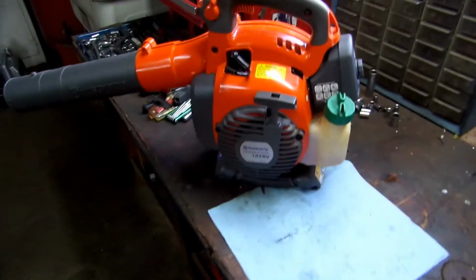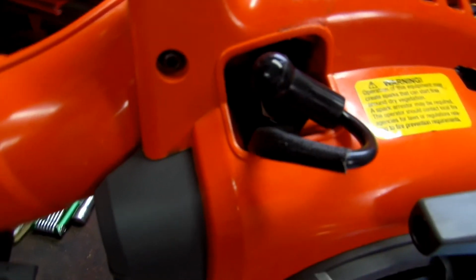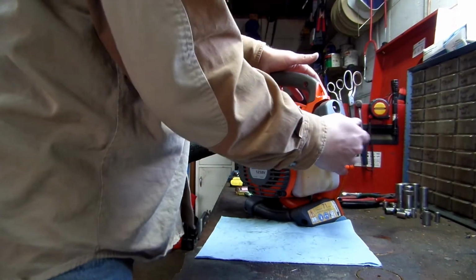Okay, sorry about that. Had 3 or 4 customers come in. I've cut that coil pack wire down to the spark plug so it fits good. I done choked it and it popped over. I went half choked, so